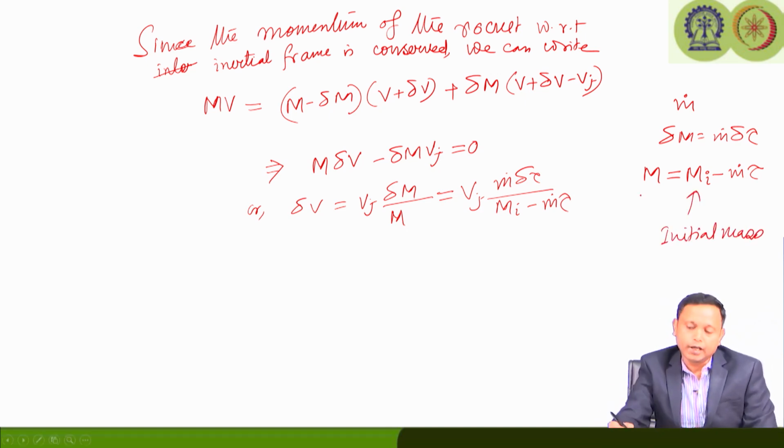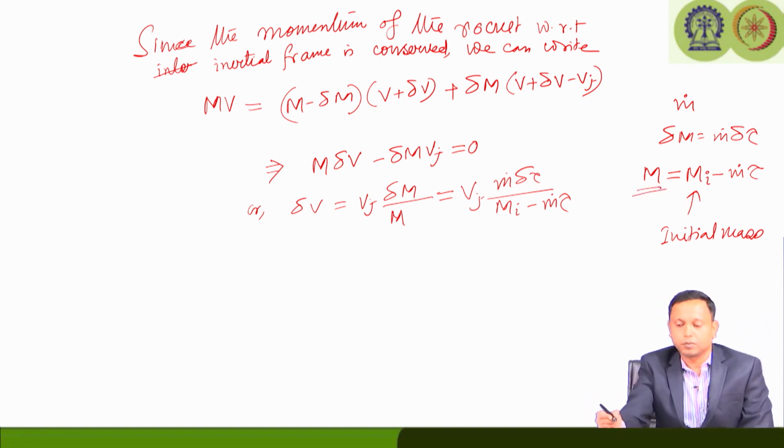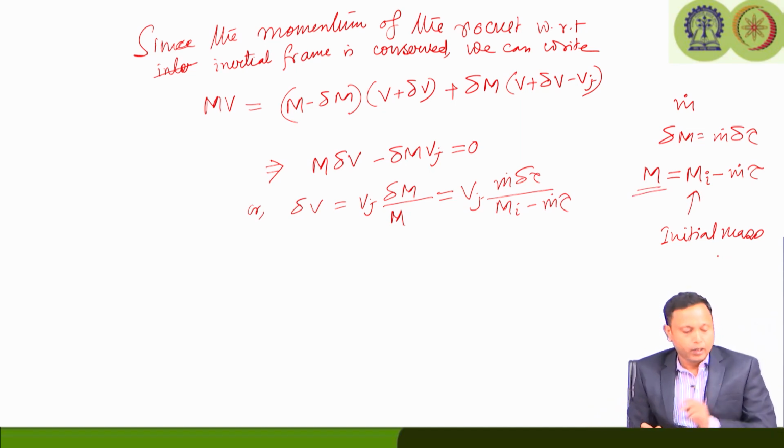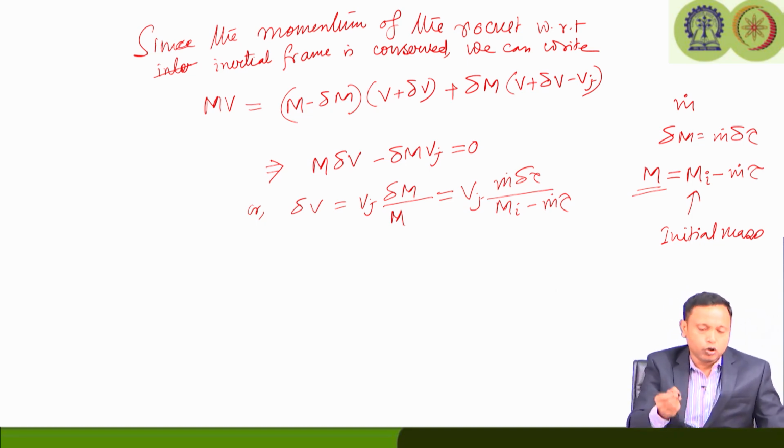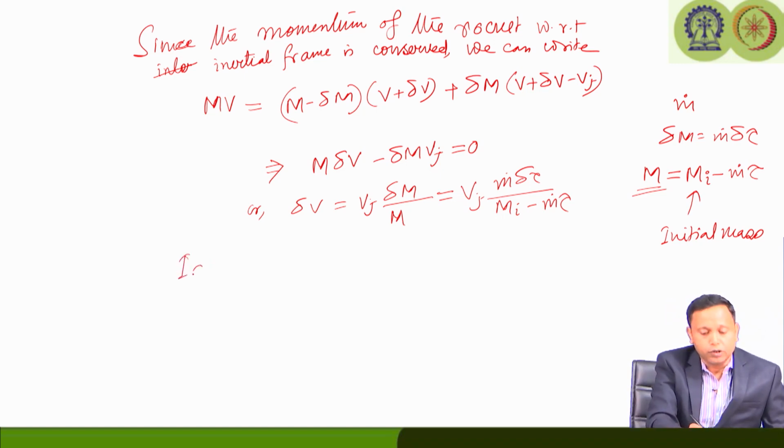So, at any time instance m, this means some amount of mass has already burned and been expelled out, m dot into tau. So, this is the instantaneous mass, whereas mi is the initial mass, which contains everything. Why are we interested in doing this? Because we want to know the ideal velocity increment in terms of other parameters. That is why we have written this. If we know that the rocket is firing for the final time duration tau f, we can get the ideal velocity increment